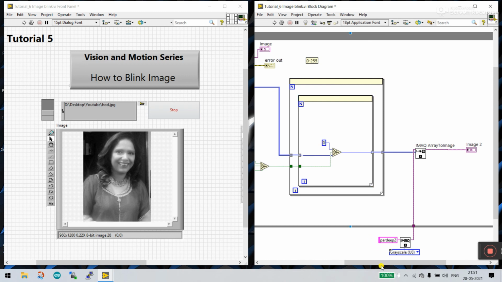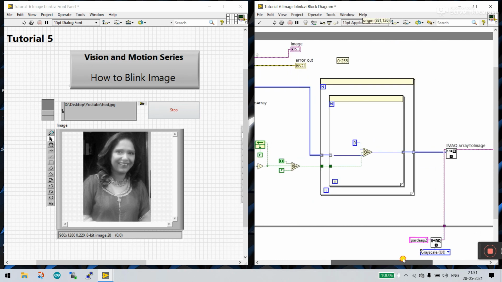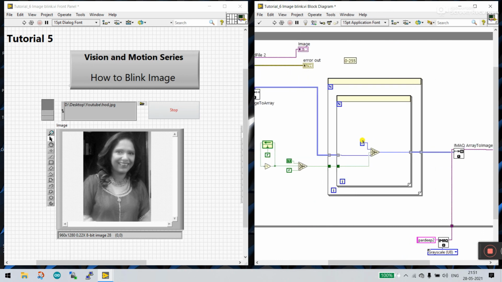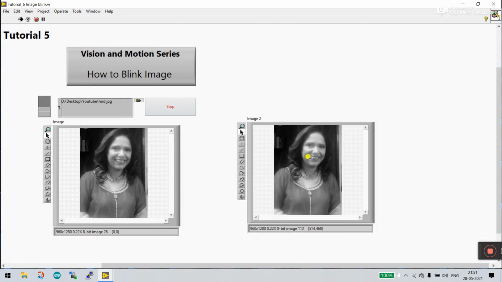200. Now I'm entering 0 here. 0 means black. Now first, when this condition is false, it displays the same type of image, or we can say the same array pixels. If this condition is true, then it displays 0 in every row and column, and then your image is black. Now let's click run, and you see image black, image black.